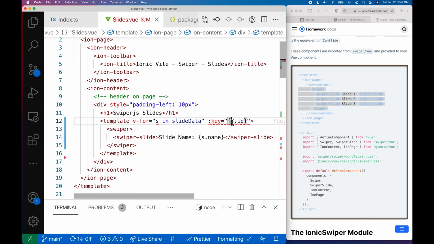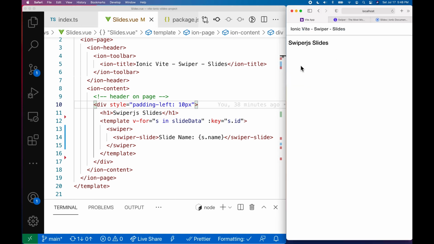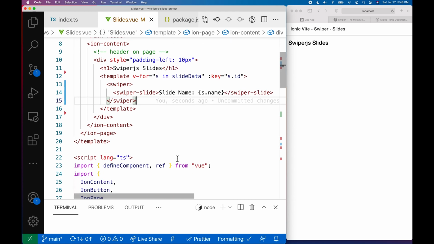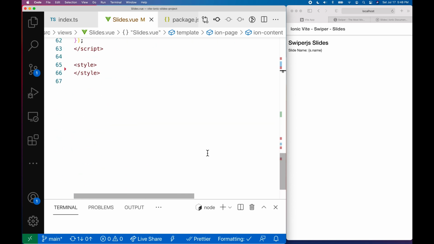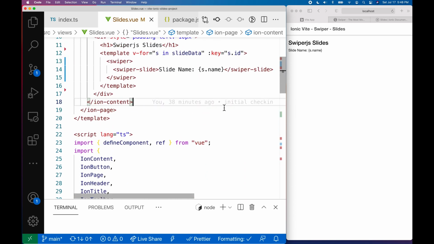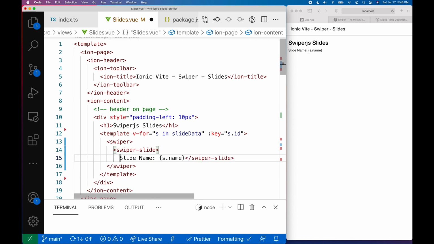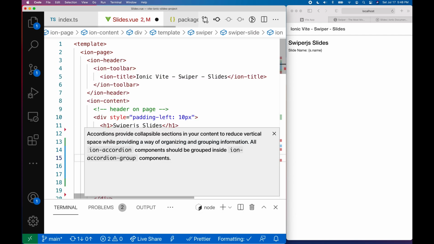Oh, I'm mixing my programming languages up here. Sorry. There you go. So if we go back to our app, the next thing I want to do is create some styles for this. I created a set of styles to help lay out all of this. The other thing we want to do is use Ionic cards. So inside of my slide, I'm going to do an Ion card,